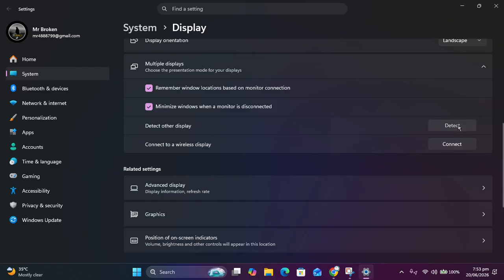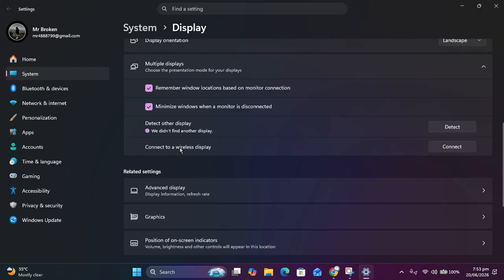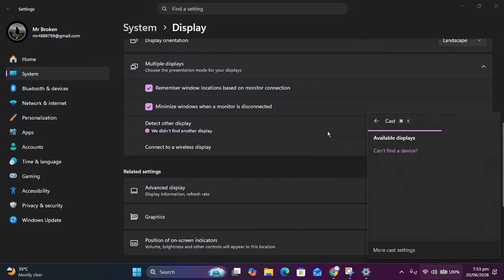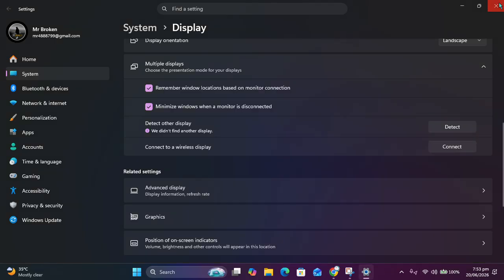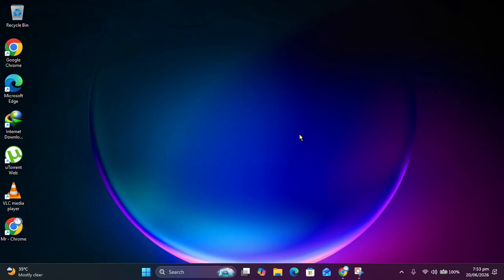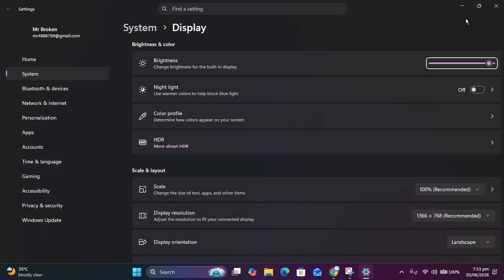Very first you just have to click on detect and it will detect the display if it's connected, or you can also connect to a wireless display using this connect option here. Just click on connect and it will find wireless displays. Or if you're still facing the same issue, that you are using a wired display but it's not detecting,